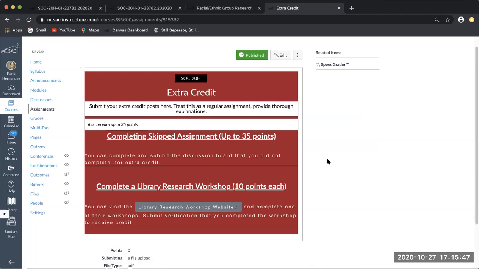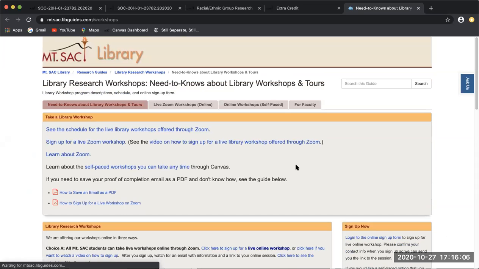One of those extra credit options is you can either complete the assignment that you skip, or you can also complete library research workshops. I believe there's 3 of them, and you can do all 3 of them for 10 points each. You can actually visit the website to see what's available.